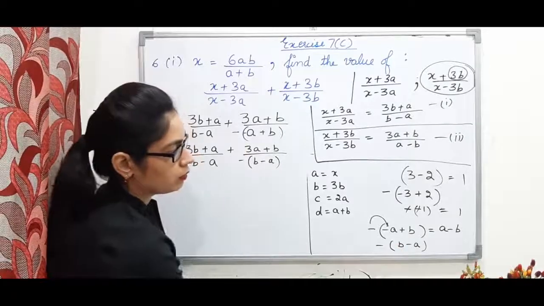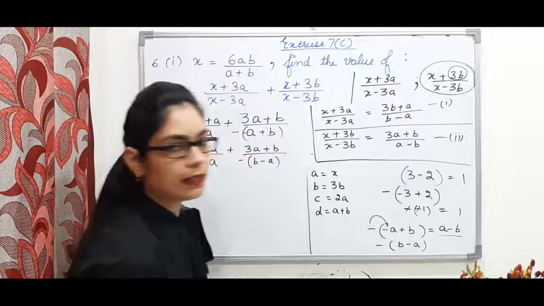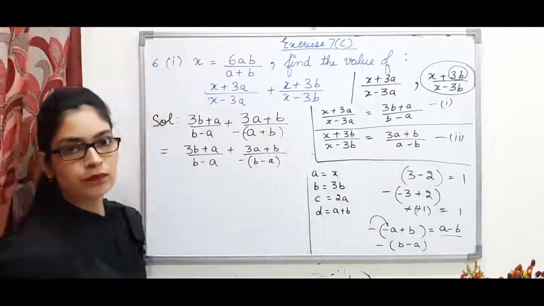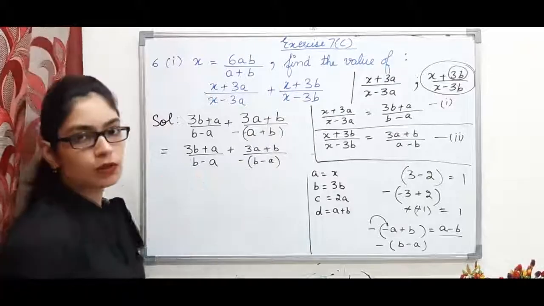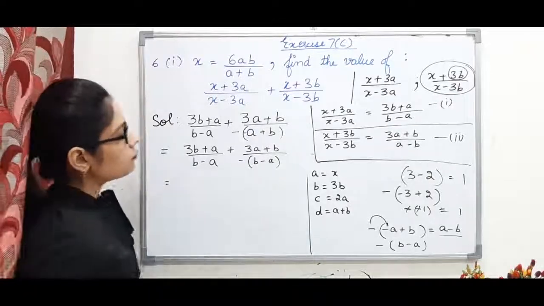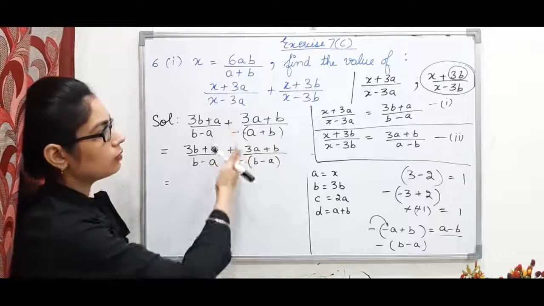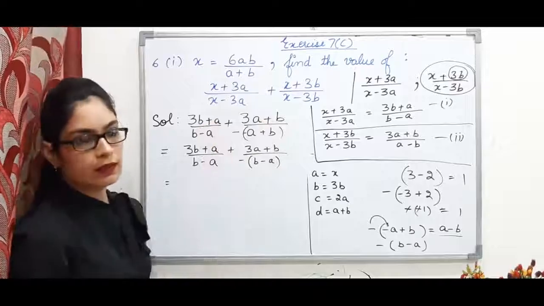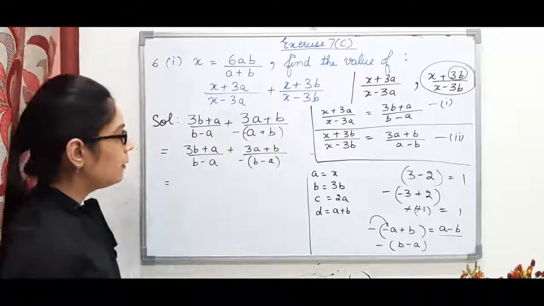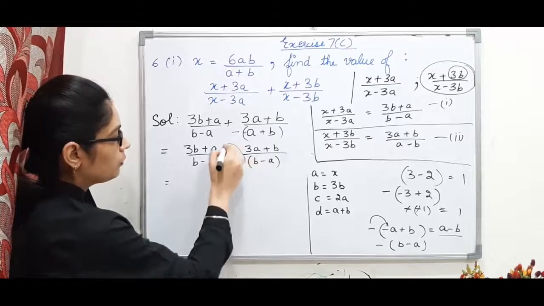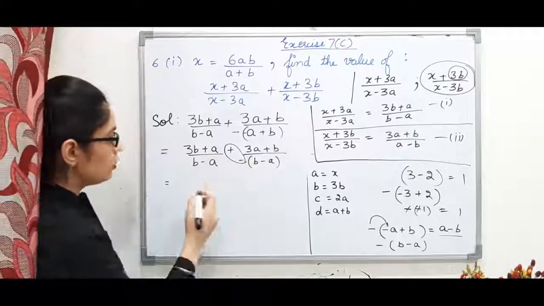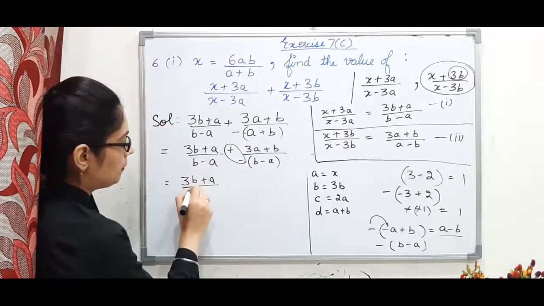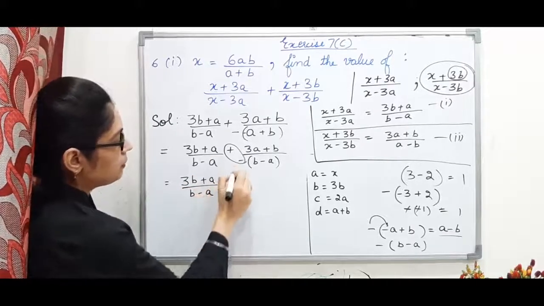I have shown you also. If you open the bracket again, you will get a minus b, which you had earlier. Just to make it so that then easily we can solve. If you want, you can solve directly also, but then it will become more lengthy. So this is the way to solve it. Now here two signs are together, plus and minus. So this also we can first make a single sign. So (3b plus a) upon (b minus a), plus minus, so minus.